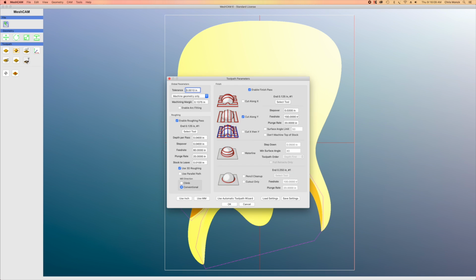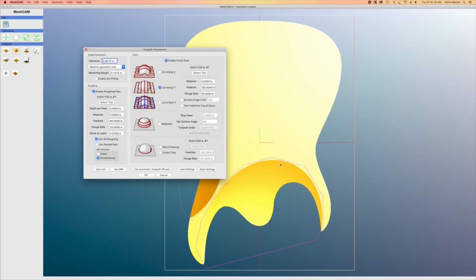Now what I can do is start to set up my Toolpath parameters. And I have a tolerance set at 0.001 inches, and that's about as small as I want to go. The smaller that number, the more refined the toolpath is. And going smaller than 0.001 just increases the amount of time. I'm only going to machine the geometry itself. I'm not going to machine the entire blank surface. Now, as far as machining margin, I'll explain a little bit more about that later. But I'll start with a